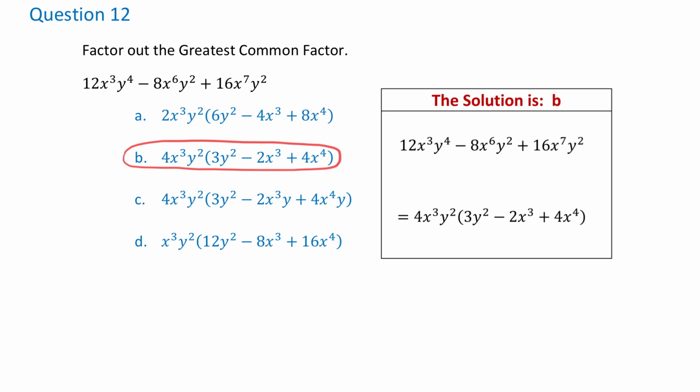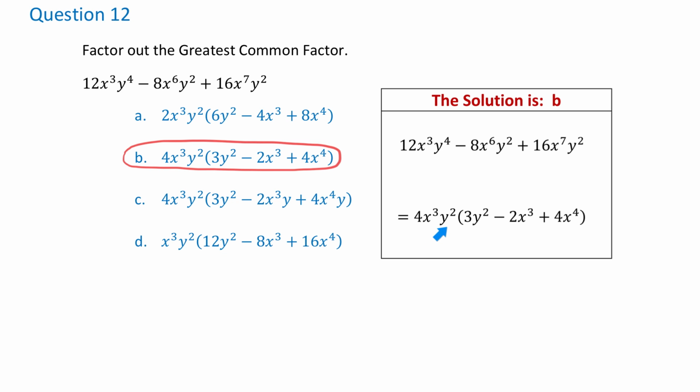For example, the exponents of x are 3, 6, and 7, so the smallest exponent is 3. Then we factor out x to the third power. Y has the exponents 4, 2, and 2, so the smallest exponent is 2, and we factor out y to